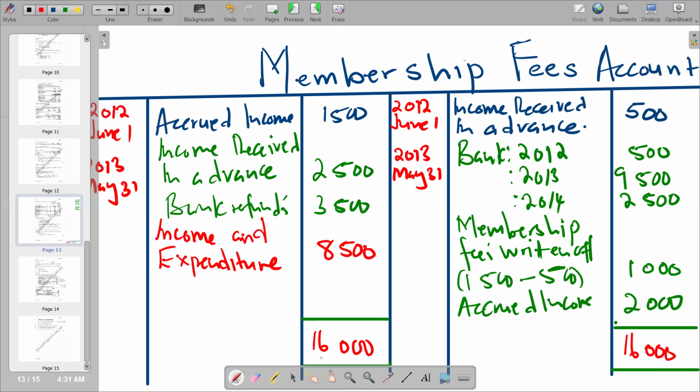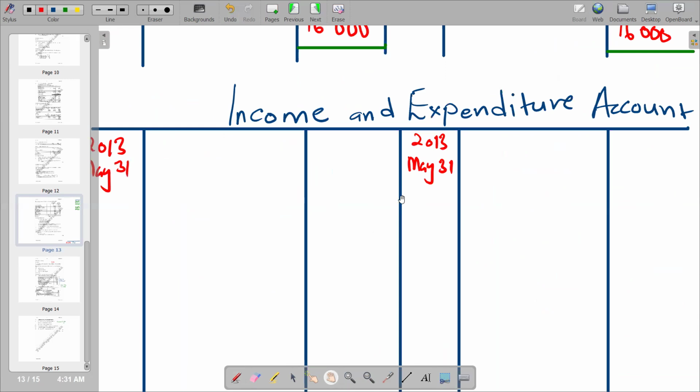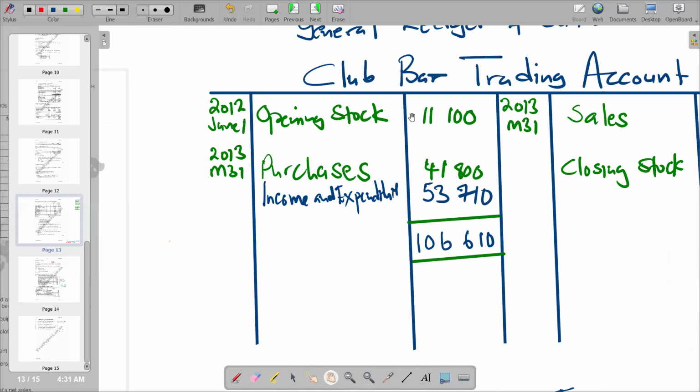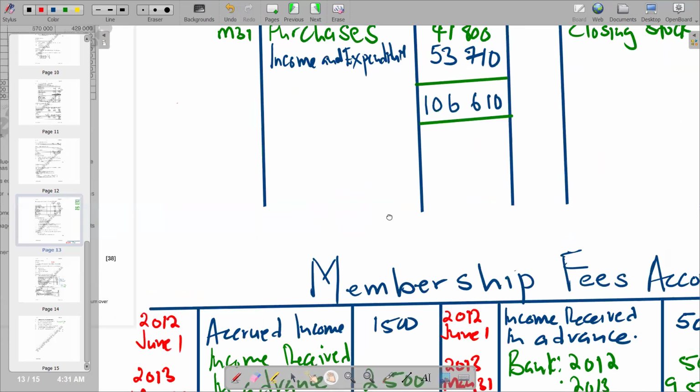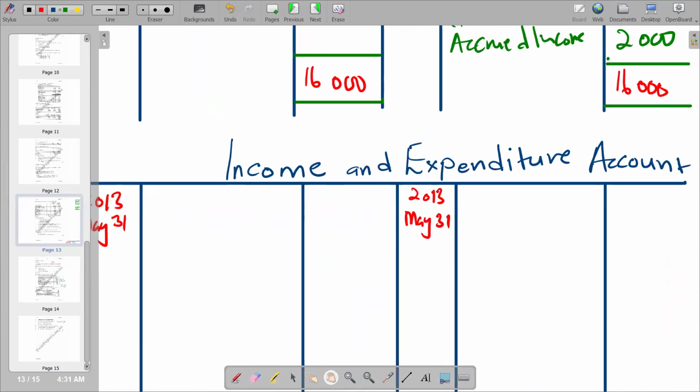And then finally, we go to our income and expenditure account. We have already some figures that we are supposed to post at the credit side. We'll start with the figure for the club budgeting account of 53,710, which should appear on the credit side of the income and expenditure account. So we go there. We are now saying the amount is 53,710, and we are saying budgeting is coming. And the amount is